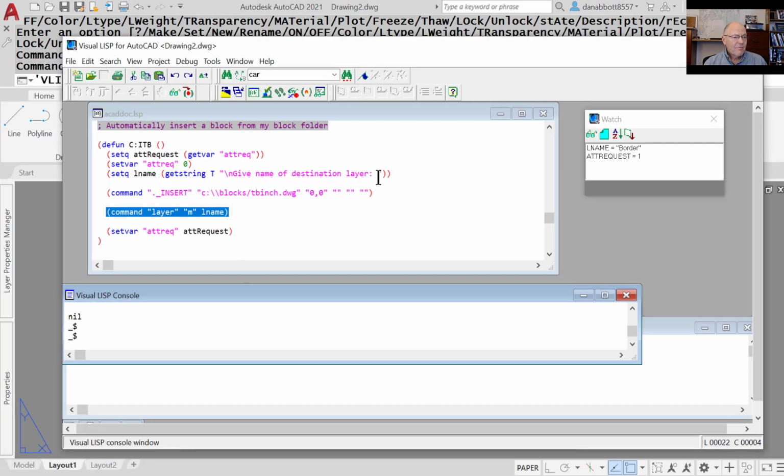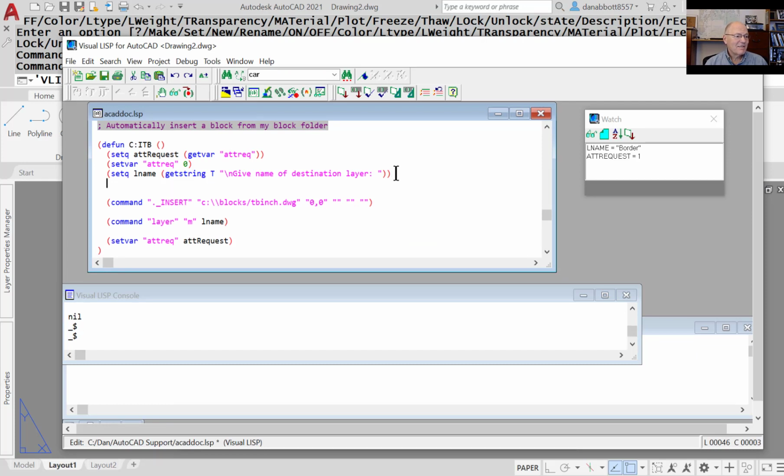And now I'm coming up here and I'm going to say, you know, I also would like to have a color assigned to it. So set Q, L color, layer color. Once again, I'm going to do a Getstring. And here's where I sometimes just say, listen, I know that one works, so let's just highlight it, copy it, bring it down here and paste it. And then we can just change,